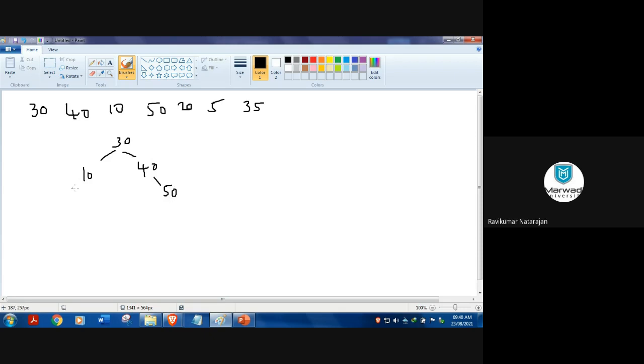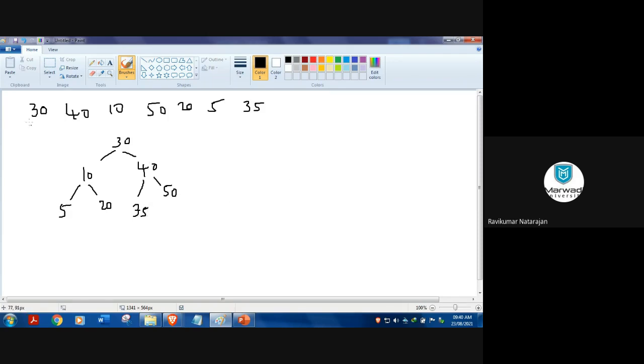Then 20: I compare with 30, less than, so go left. Then compare with 10, but it is greater than, so go towards the right. Then 5. Then 35. This is 35. Done.